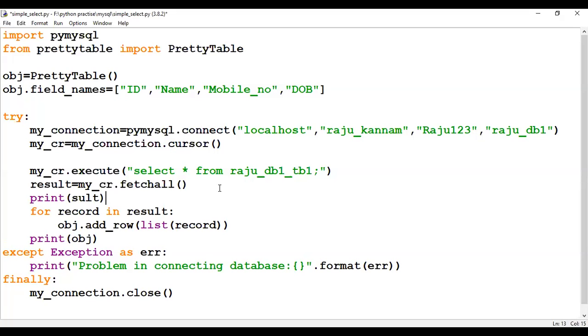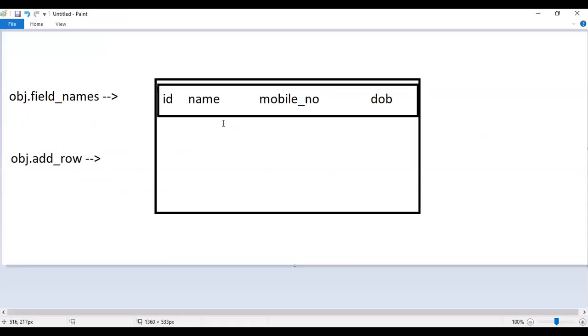If you want to see, I'll directly print result here. Yesterday we have seen this. Now I'll execute that. See here, normal brackets indicate it is a tuple. So 1, 2, 3, 4, 5, you are getting 5 tuples. But remember what I told here: for the p table object, the value should be given in the form of a list.